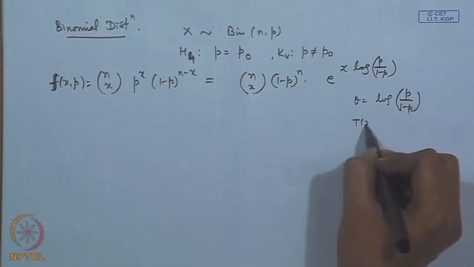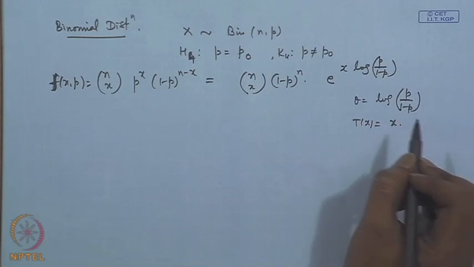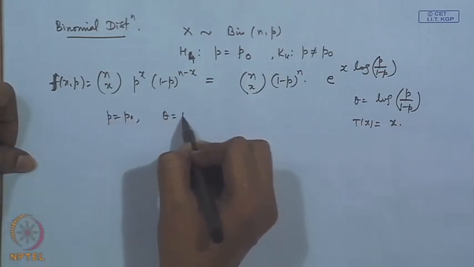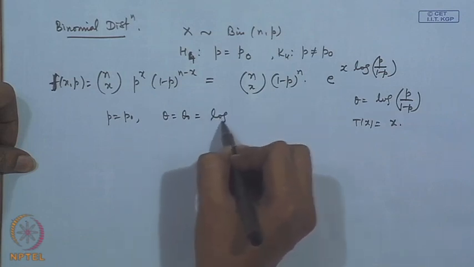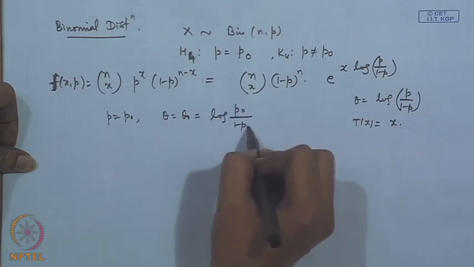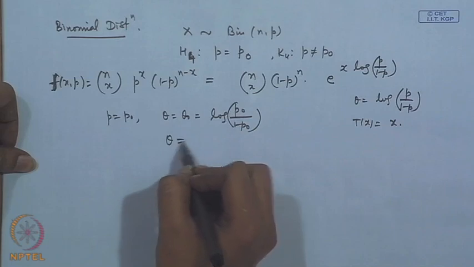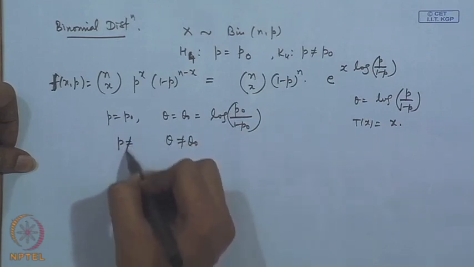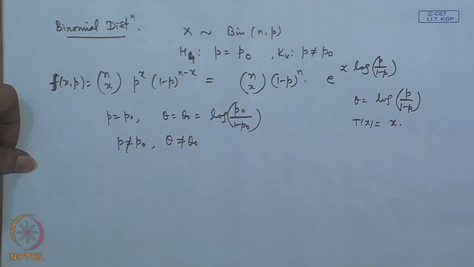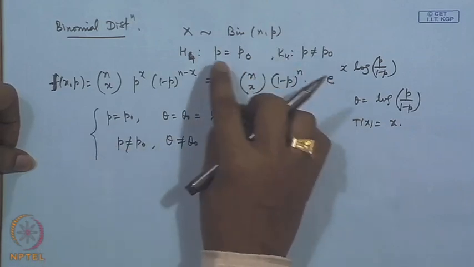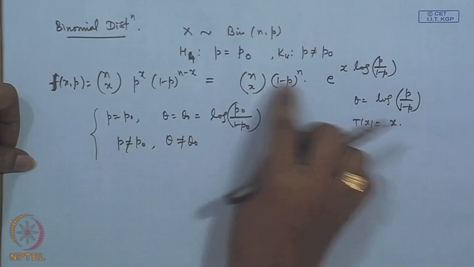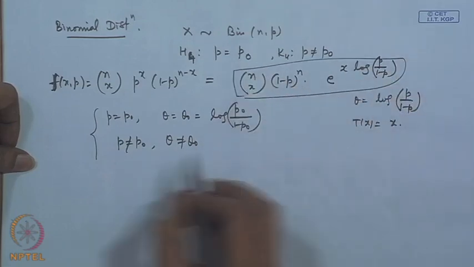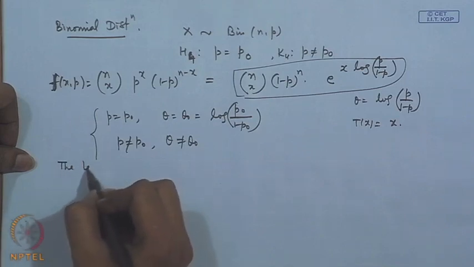So, if I say p is equal to p naught, then theta is equal to theta naught, that is equal to log of (p naught by 1 minus p naught), and theta equal to theta naught is equivalent to p equal to p naught. So, the hypothesis testing problem is restated in this form, where we are getting the one parameter exponential family. So, the test is